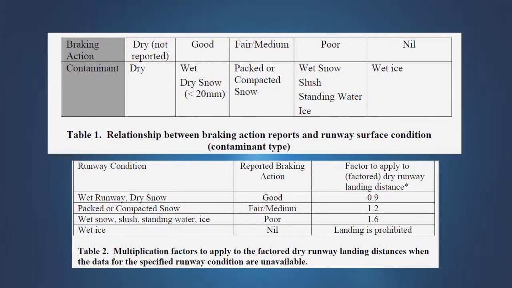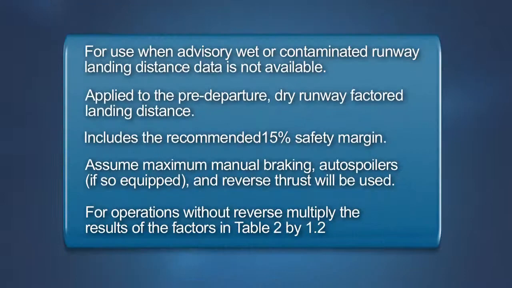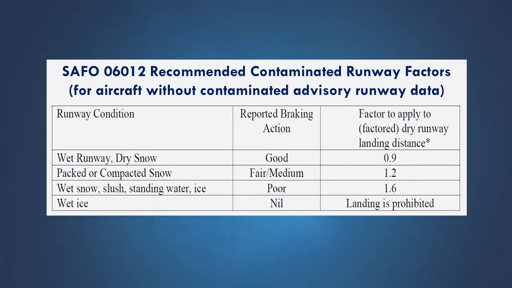For those airplanes where advisory contaminated runway landing distance data is not available, SAFO 06012 provides factors based on the reported runway condition or braking action reports to determine the minimum runway required for landing. These factors are applied to the factored dry runway landing distance used in pre-departure planning and include the recommended 15% safety margin. After this initial landing distance assessment is complete, pilots should monitor for deteriorating runway conditions prior to landing